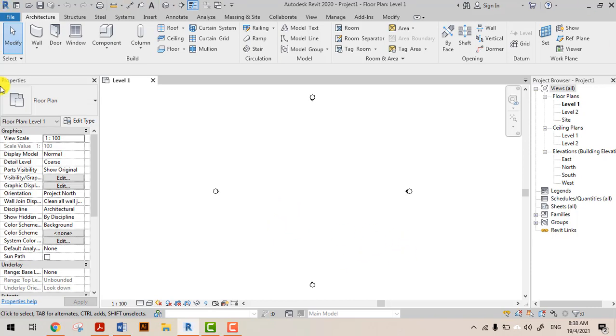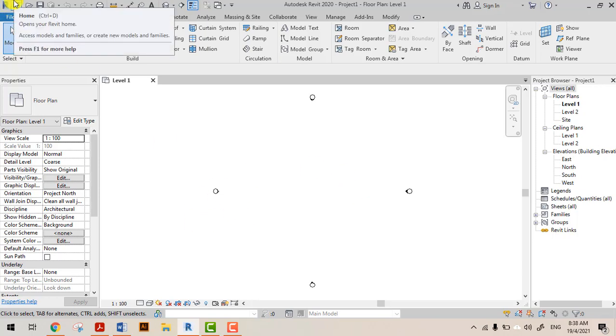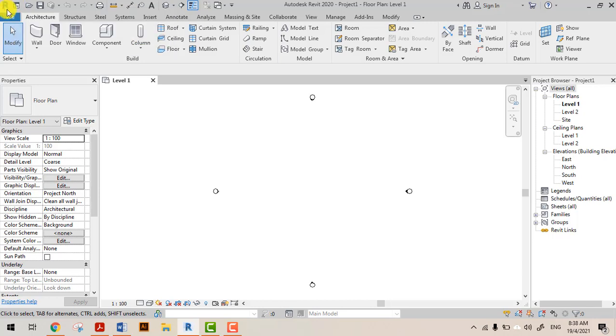Okay, so this is our canvas where we're gonna draw. We're gonna use it for creating our new project. So this is the, what do you call it just now? The application button. Okay, this one. So the first step that you have to do is click on the application button. Okay, click it and click